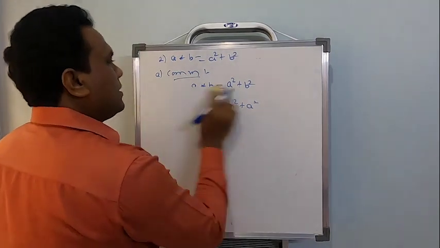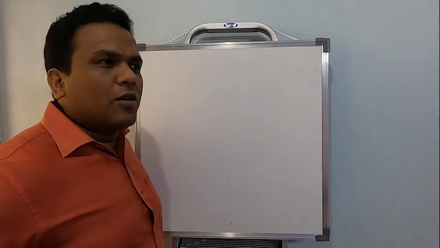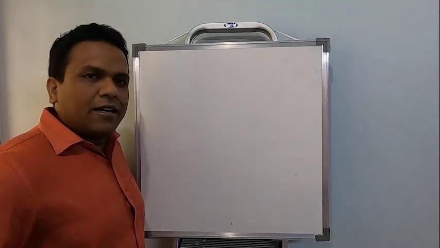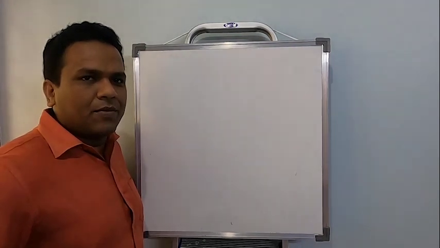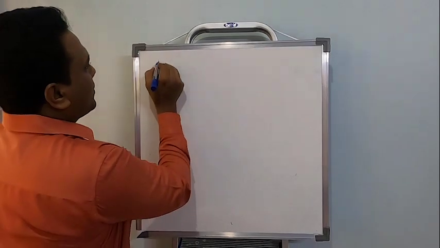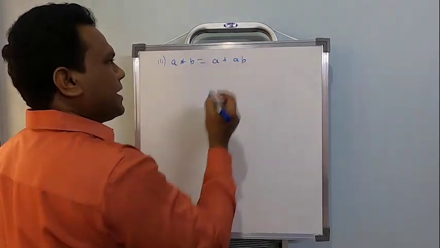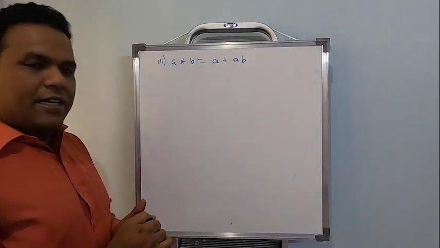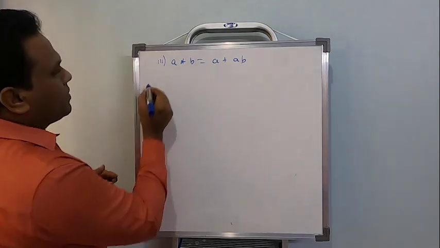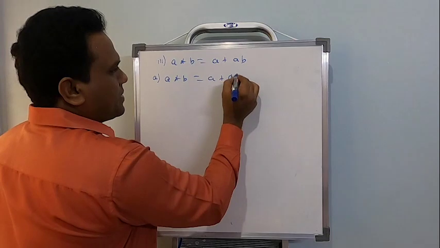Fine, students. Now as we have done so many problems, I think by this time you are in a safe, comfortable position to check and write how to start any properties. So let's move on to the next, problem number 3 under this. On this problem number 3, A star B equal to A plus AB. Right, so we need to check for commutative and associative. So let us check for commutative first. A star B equal to A plus AB.